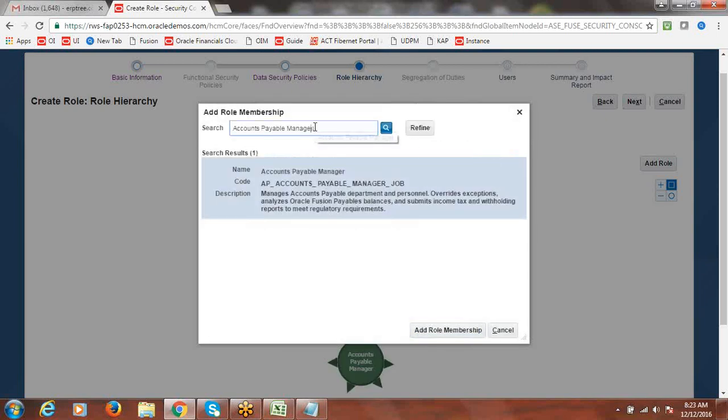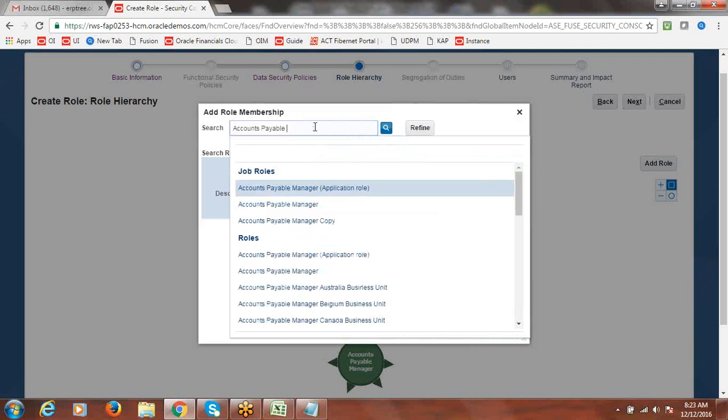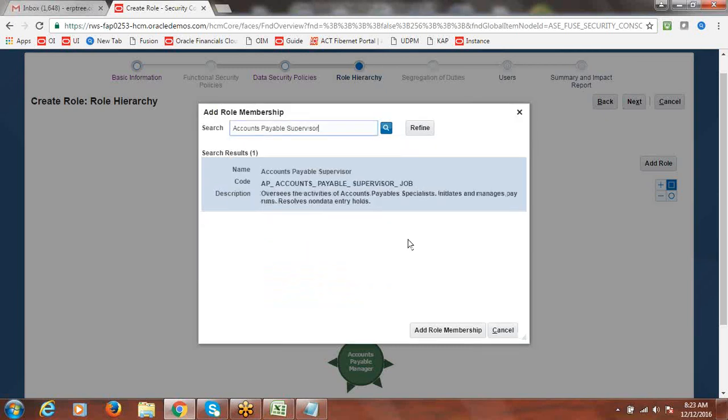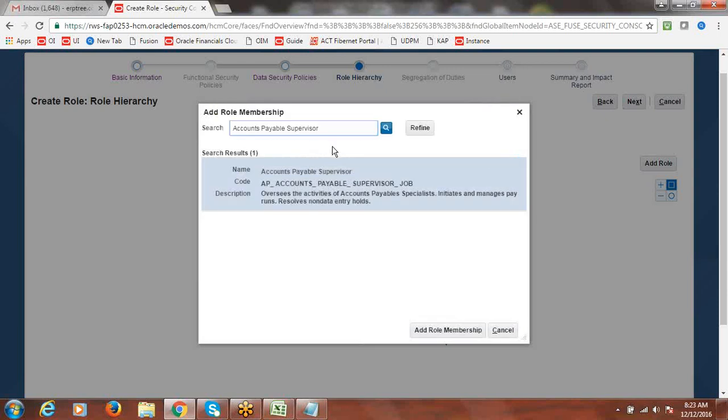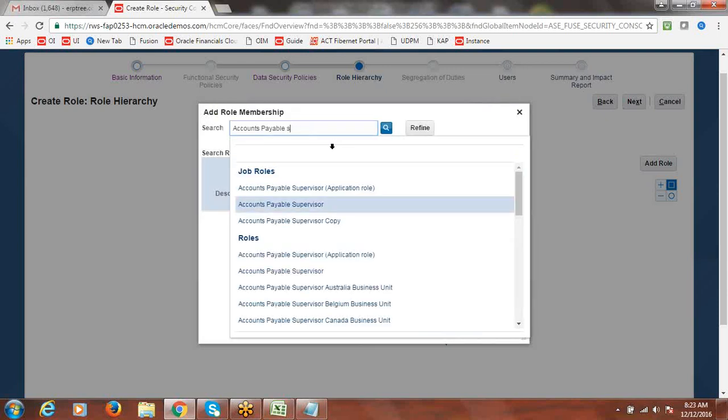Add it. Accounts payable supervisor. Okay, this role also added. And specialist.